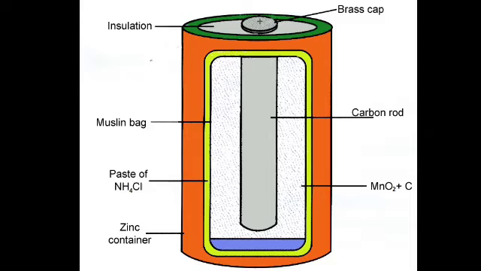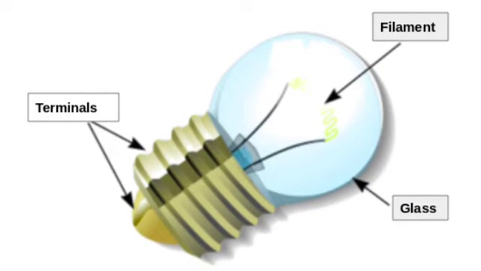An electric cell provides electricity from the chemicals stored inside it. When the chemicals stored in the electric cell are completely used, then the electric cell stops producing electricity. After that, we replace that electric cell with a new one. A torch bulb has an outer case of glass which is attached to a metallic base. What is present inside the glass case of the bulb?